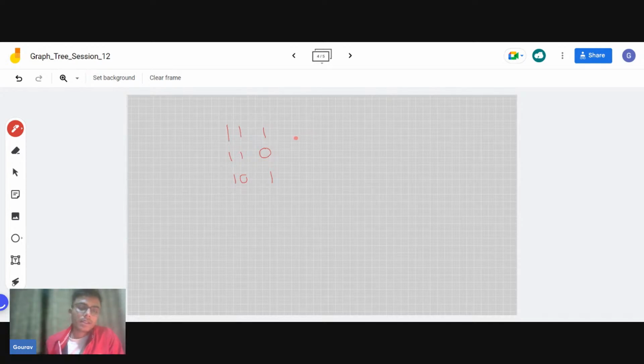Now the thing is that we are given this question. Our starting point is given as 1 comma 1. In the question it is mentioned that our starting pixel values will be from 0 to 10, and the constraints are 1 based indexing. So when it is mentioning 1 comma 1, it means that I am standing on this index, this point.